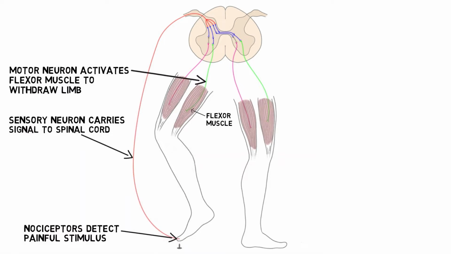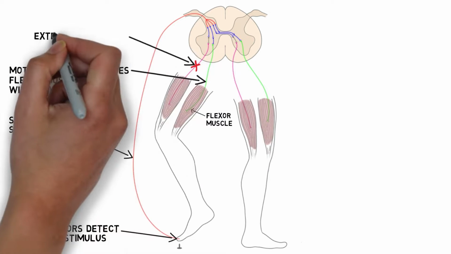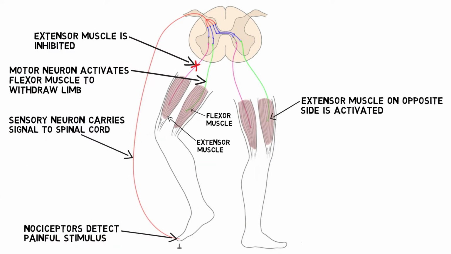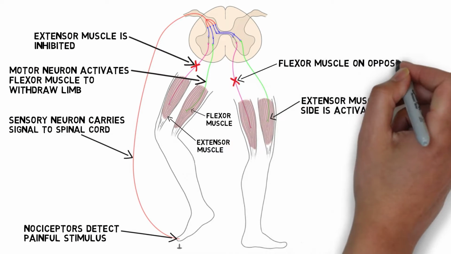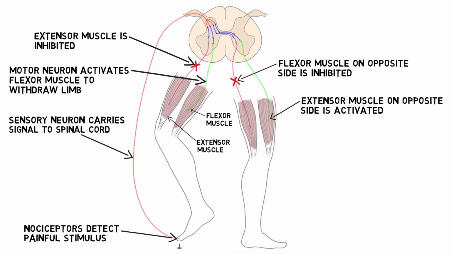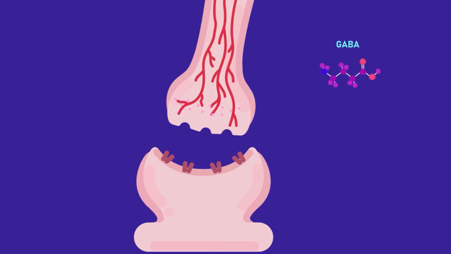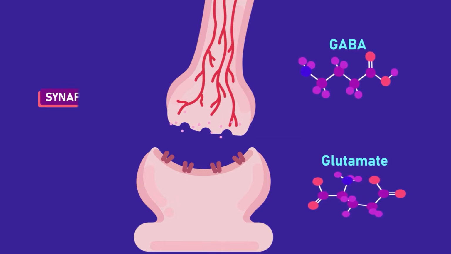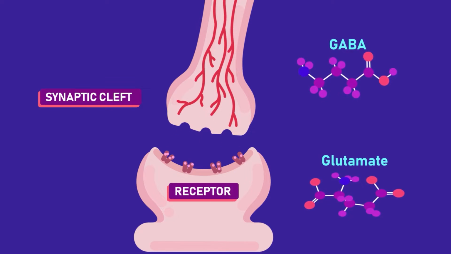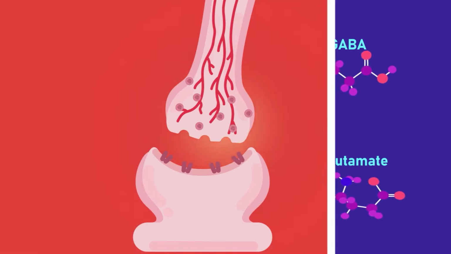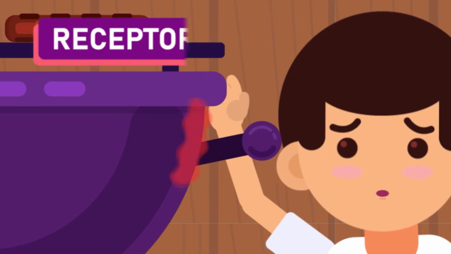A better way to put it would be that the withdrawal reflex mediates the flexion of the limb that comes into contact with the noxious stimuli. It also inhibits the extensors of that same limb. This reflex also promotes the extensors and inhibits the flexors of the contralateral arm or leg, virtually ensuring that the opposite limb provides stabilization. Hence, some signals can cross the midline of the spinal cord to mediate the movement of